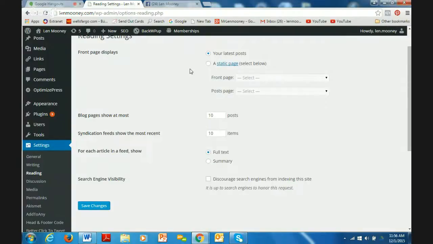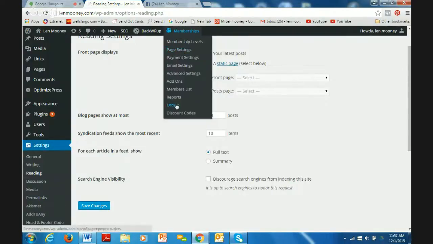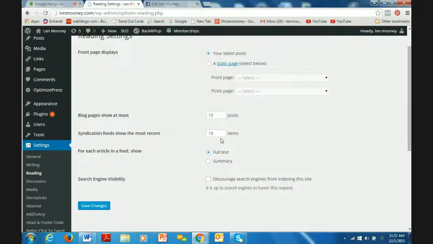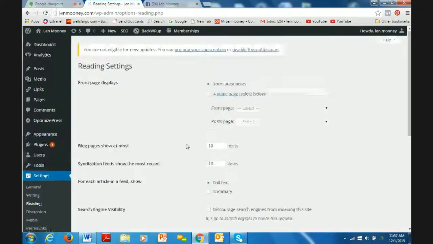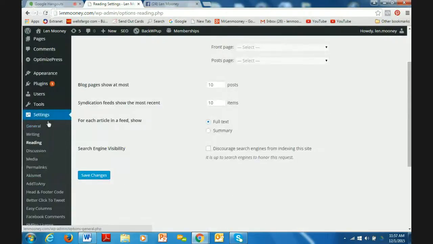I think it's a consequence of the settings on this page, where it can have up to 10 blogs on a page. Now I tell it for each article in the feed show the full text, but I think, you know what, Larry, I'm not being 100% positive about this, but I think it comes from these settings here, where it decides. And I'm not sure which one it is. I might have to scroll through these.